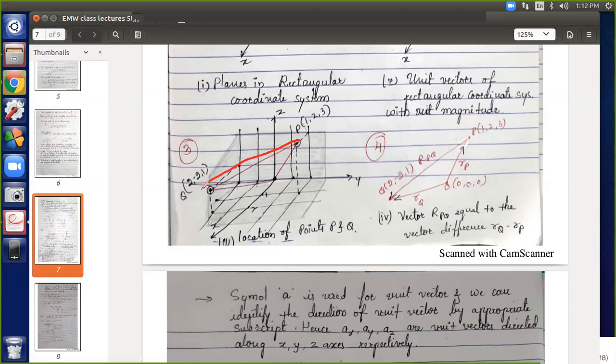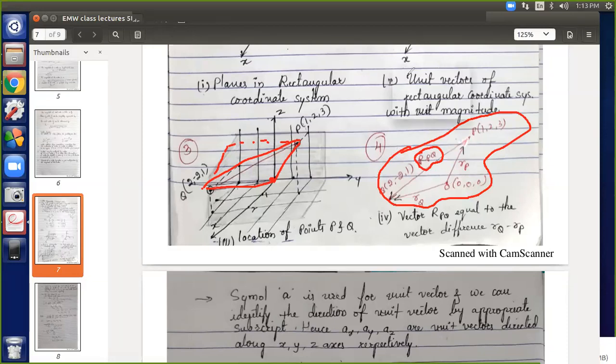For that, we can make use of vector addition method. If this is the line, just drag this point, come and join it to the origin. Again, from the origin, this law of triangle, or if you just extend this line and law of parallelogram, you can use for vector addition. Now, how to find the distance between point P and Q? Let's see. This red line, again, I have redrawn it here. You can see it. And this R suffix PQ represents that vector, the distance between P and Q points. How to find that? Using vector addition.